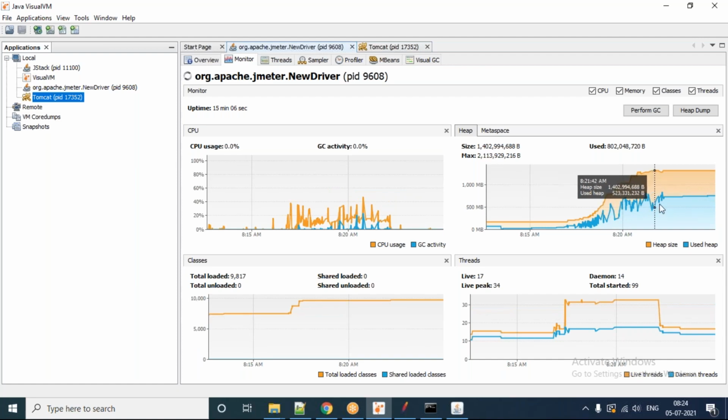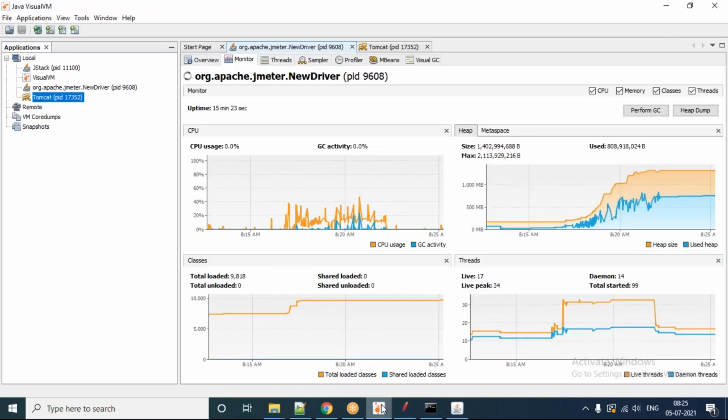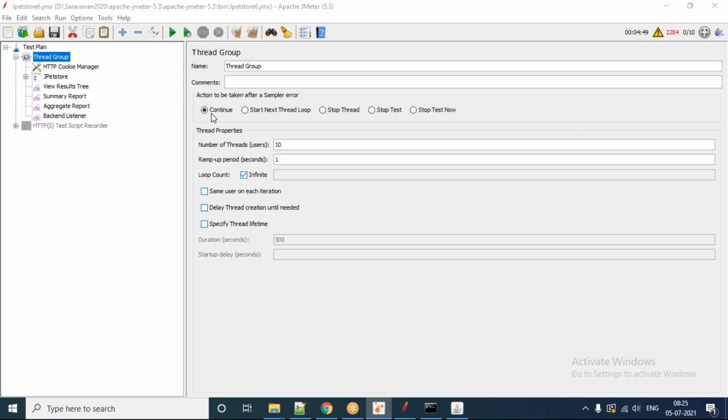And if you see the same behavior in JMeter also, it consumed a lot because JMeter stores a lot, right? You have the listener and all added inside, which means a lot of results will be stored. So obviously your Java memory will be very, very high. But that too, I'll tell you, this is actually a long-lasting problem with JMeter. Say if I again start the same 10 user test,